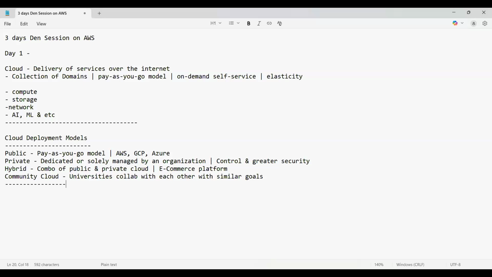Okay, this is about cloud deployment models. And for the last concept for today's demo, the next concept I want to take is the 7 layers of OSI. Yes, we already know it, but I have to explain how the demo works and what all we are going to cover.